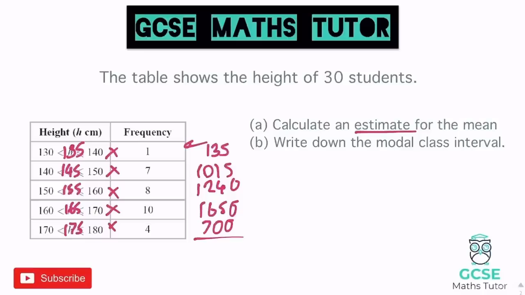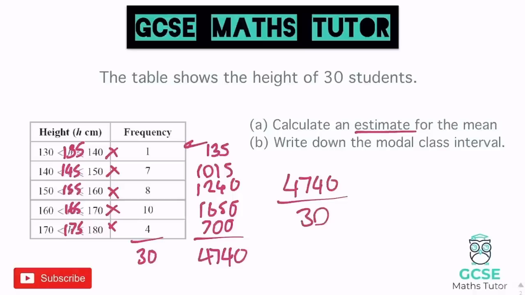So 700 plus 1,650 plus 1,240 plus 1015 plus 135 gives us a total there of 4,740. And again, it said that there were 30 students there, which we can find from the bottom. So finishing the sum exactly the same as before, 4,740 divided by 30